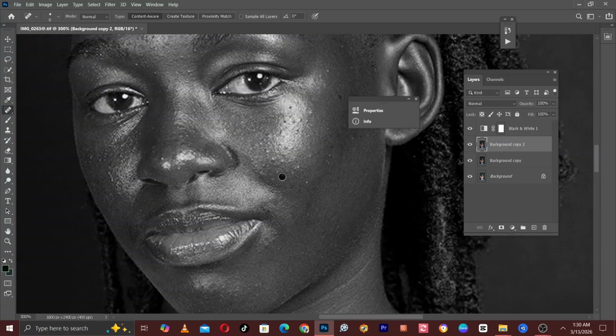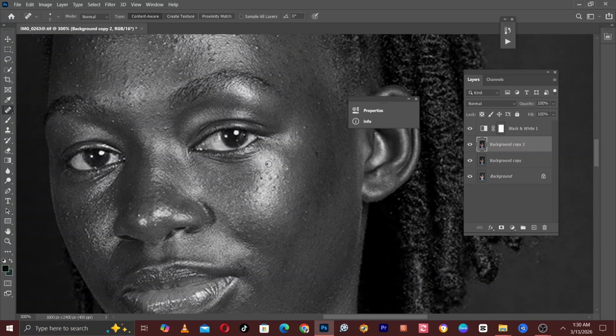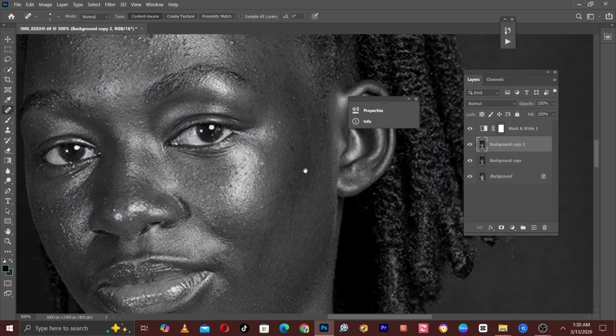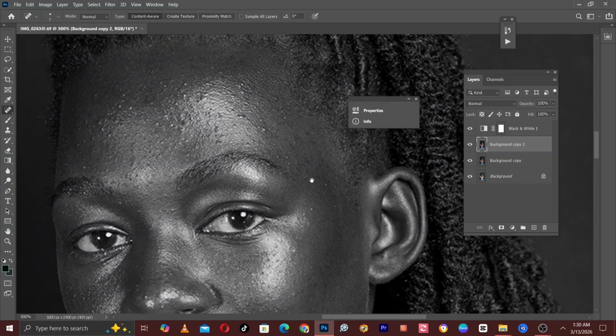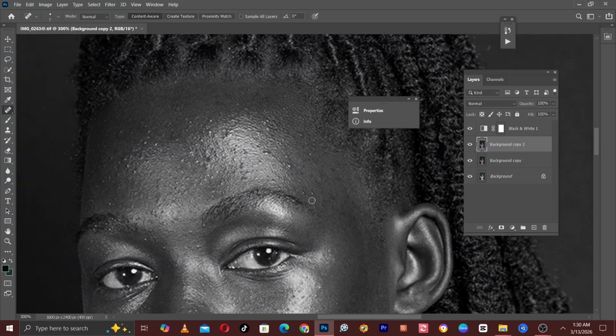And you can always take your time while you're doing this to get the best, the perfect results. So take your time while removing these small pimples so that they don't distract you when you start